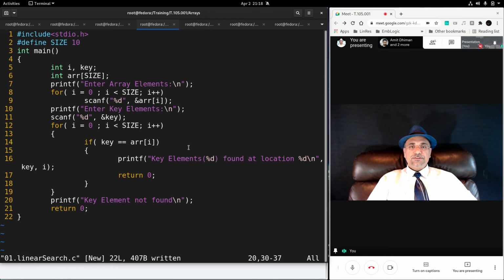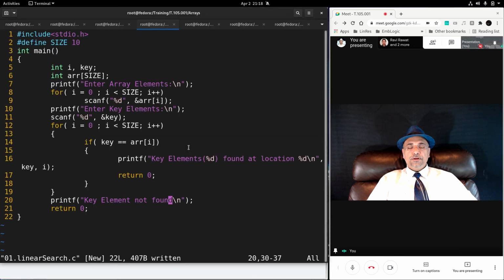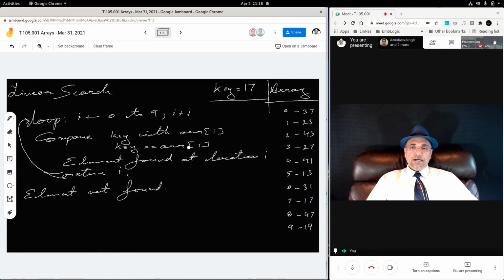Well, this was the very first attempt where you tried to evolve the algorithm, and you tried to convert the algorithm into a program. That is what you need to do when you learn C programming with me. I hope you are able to understand this. Say yes or no. Very nice. Okay. Now I'll go ahead and try to implement